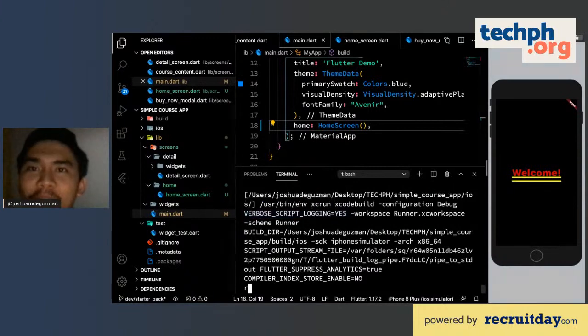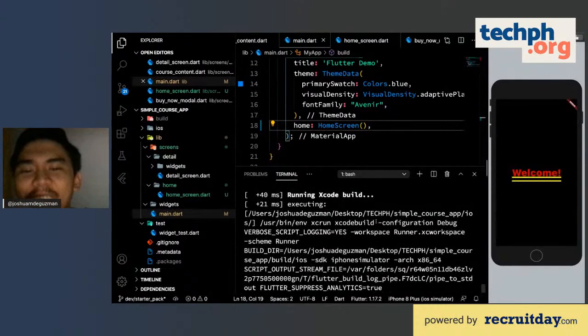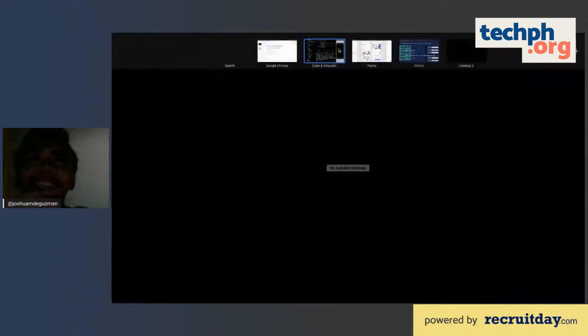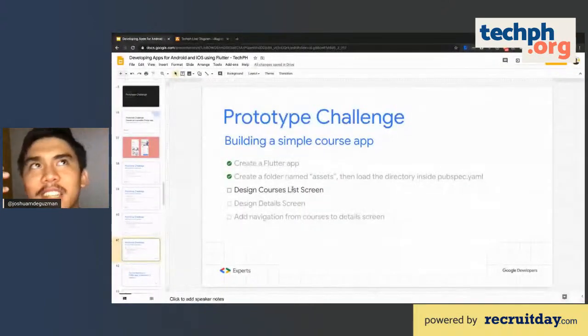I guess your computer might be running as fast as mine right now, because probably this computer was open for almost 2 days. Okay, great. So we're still in the course list screen.